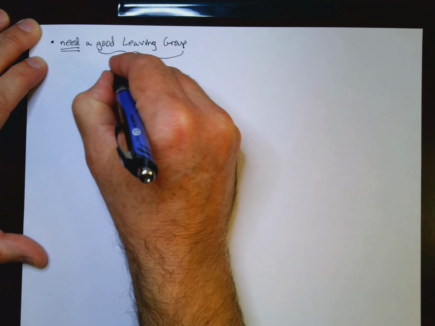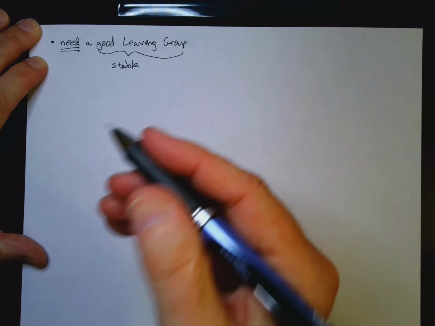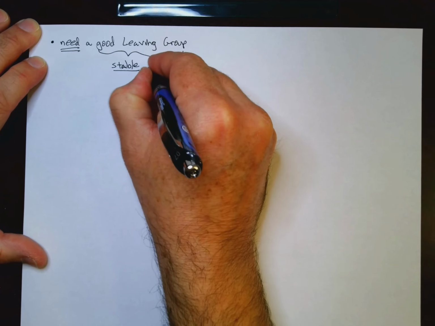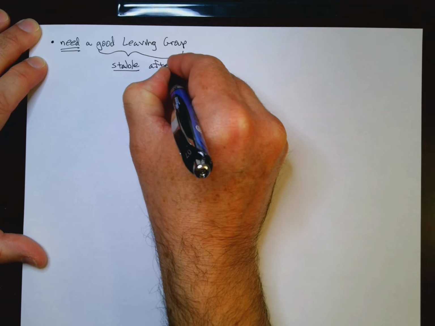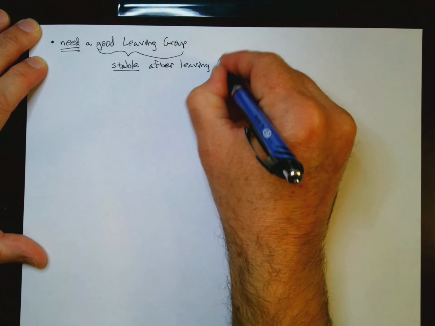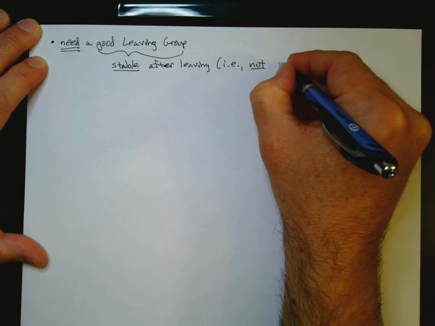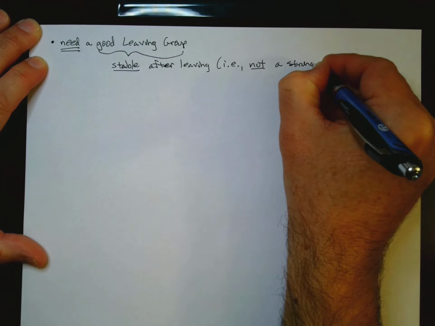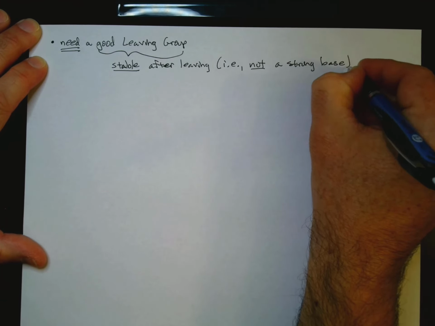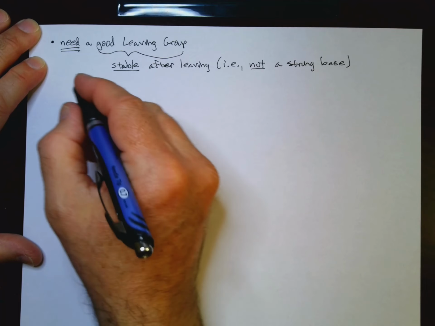A good leaving group is stable after leaving. That is, it's not a strong base. So some examples would be